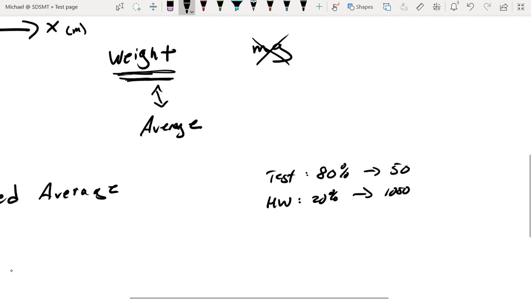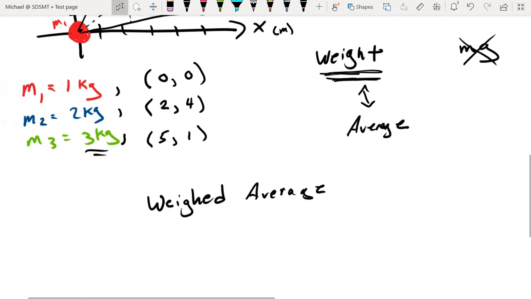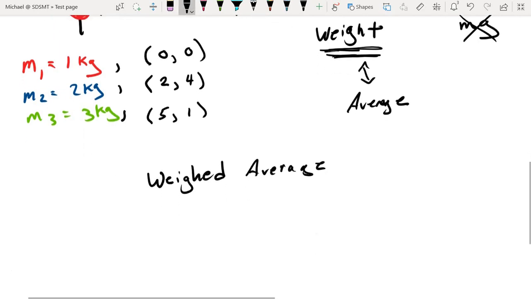If a point were a point, then that is not the same percentage distribution as what we have over here. Yet, if we apply that weighted average process, we give more influence to the test score as opposed to the homework score. And that's exactly what we want to do with these particles. We want to give more influence to the heavier masses and less influence to the lighter masses. And the way that we can do that,